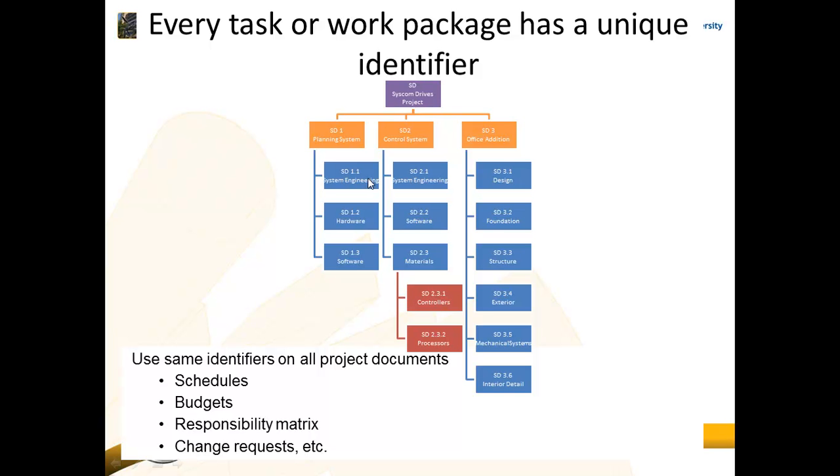Because if I say that there is a change in system engineering on this work breakdown structure, there are two blocks that are called system engineering, but the one is the planning system and the other one is the control system. So if in my schedule I now just talk about system engineering, which one am I talking about? Whereas if I say SD 1.1 system engineering, then everybody on the project knows that I'm talking about the planning system engineering. Okay, so please, whenever you do a work breakdown structure, it has to have a unique identifier for each work package,